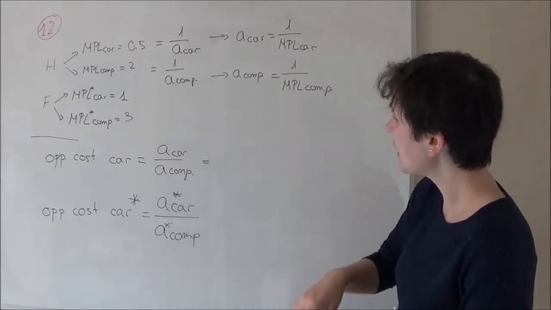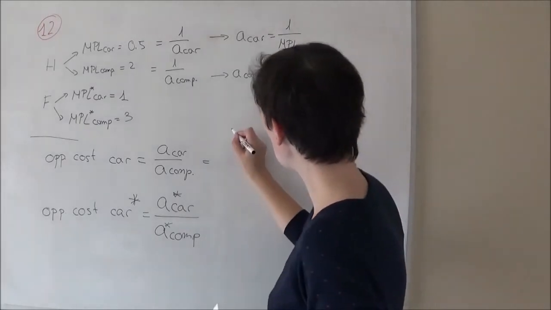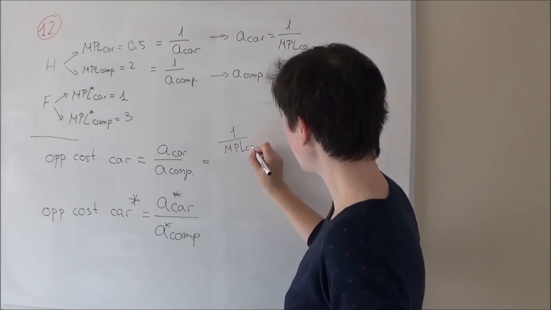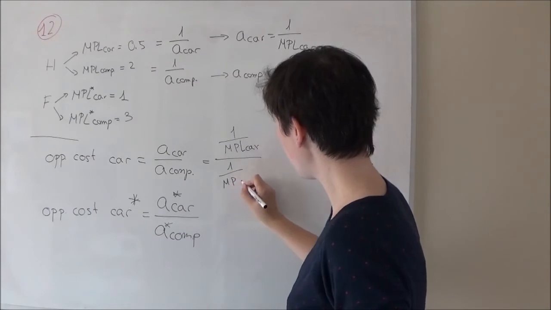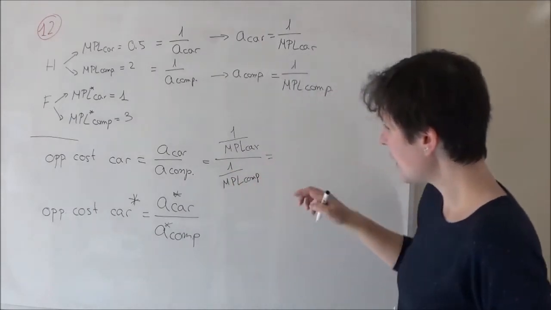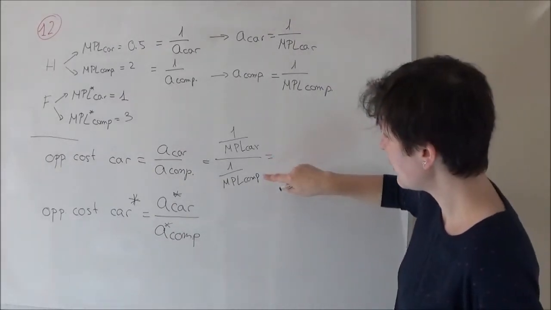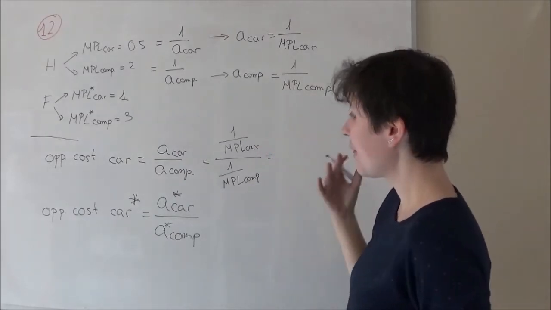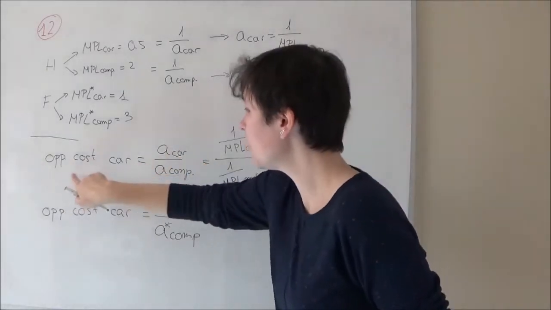So we can see that instead of this, we can introduce that, which is 1 over marginal product of labor in the car industry over 1 over marginal product of labor in the computer industry. You can see that this is a division of two coefficients, so it's this times this divided by this value times this. So the thing that we are going to always have is that if the opportunity cost of car is